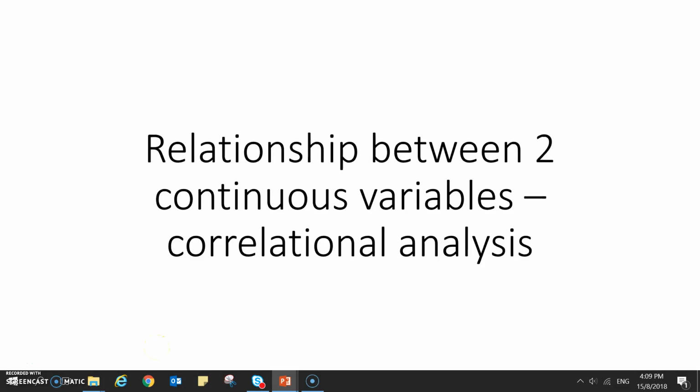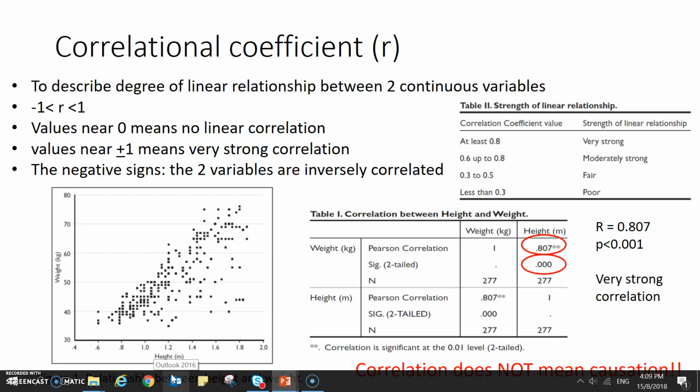In the previous session, we have looked at how to use t-test as well as ANOVA to analyze continuous variables. Now, let us look at how we can study the relationship between two continuous variables using correlation analysis. To describe the degree of linear relationship between two continuous variables, we can look for the correlation coefficient, or what